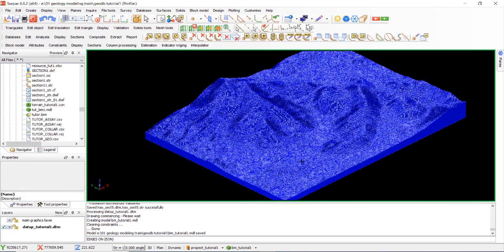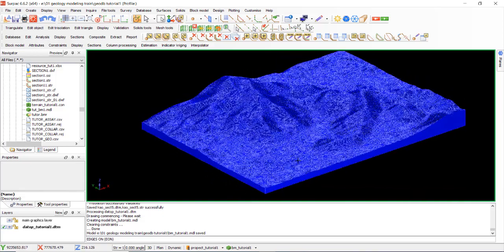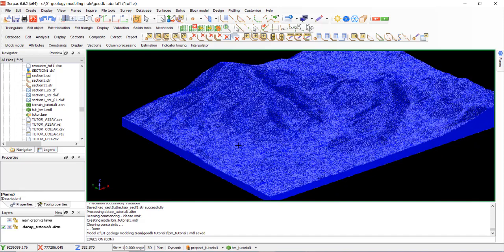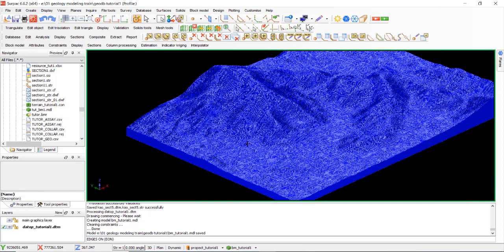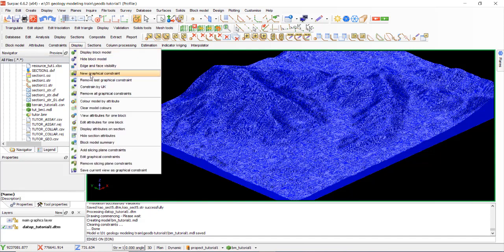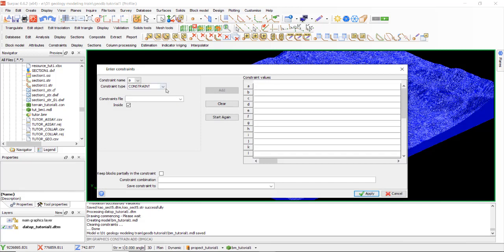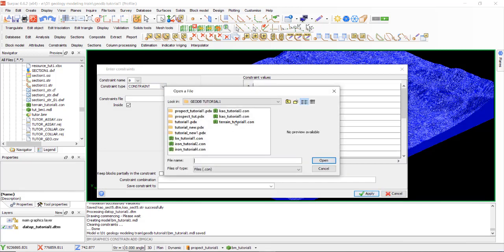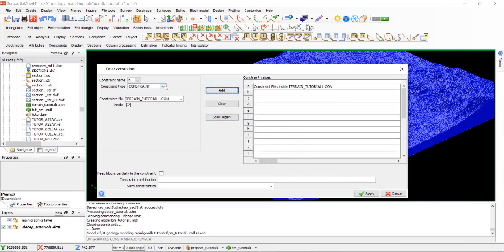Next, we want to know about the Brexia, where the delineation is. Okay, start display, new graphical constraint. Constraint select terrain, and this solid model is 3DM, must select 3DM. Select inside.